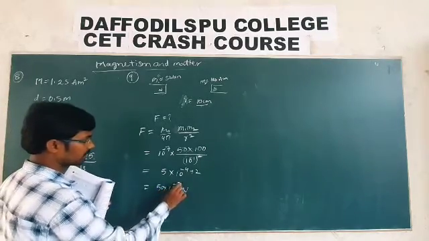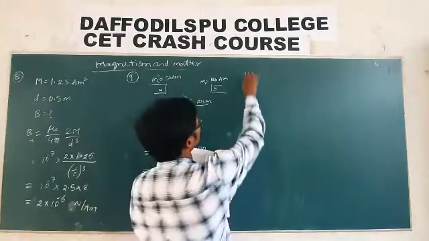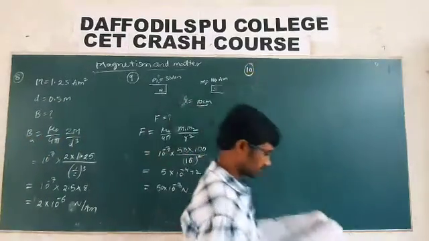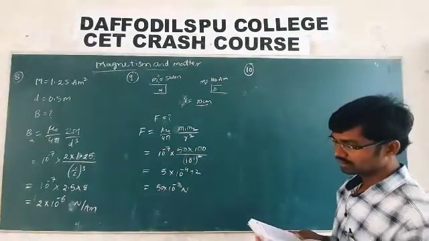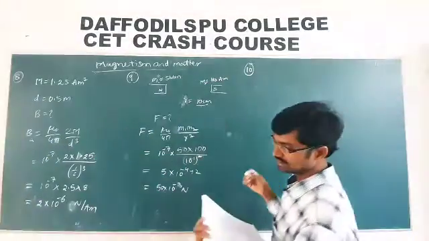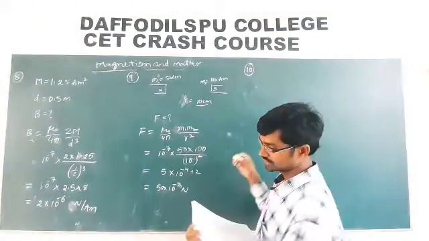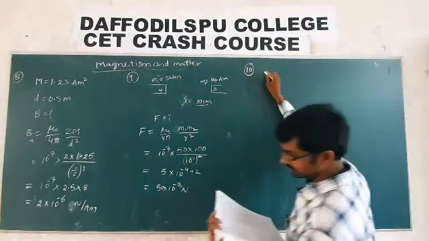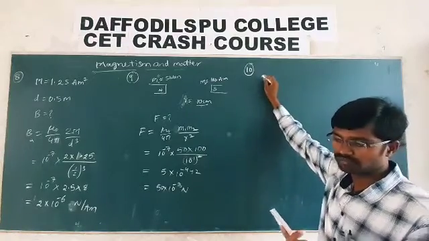And from here it is 0.2 meter distance. The length is 5 centimeter, and the pole strength is 200 ampere meter, axially. So you need to find the force acting on this pole due to this magnet. Let us see. This is on the axial line